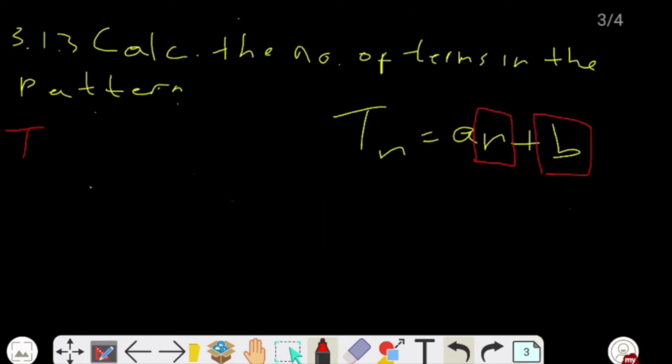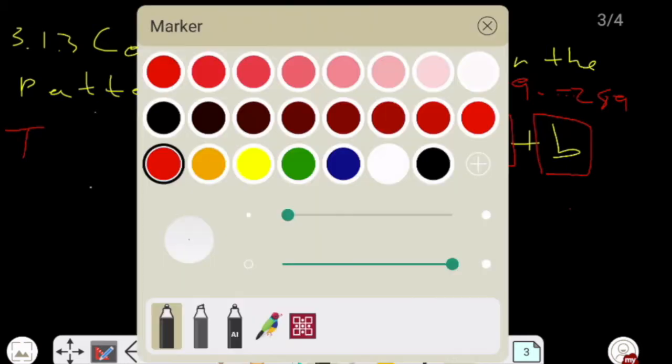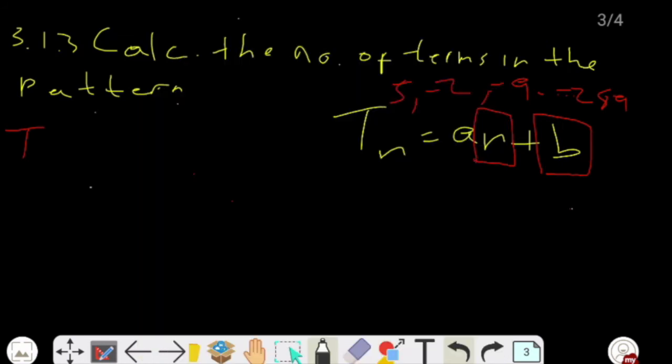Let me write my sequence again down here, which is 5, -2, -9 and -16. Now what you need to do here is choose my first term. So I'm going to say T1